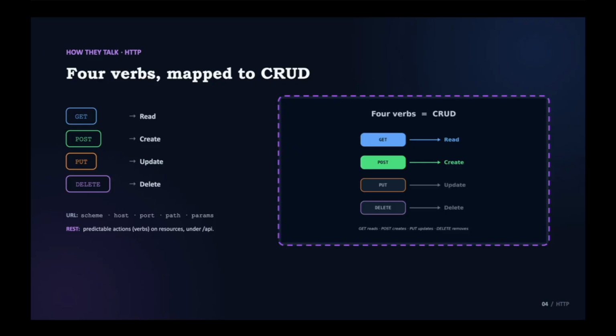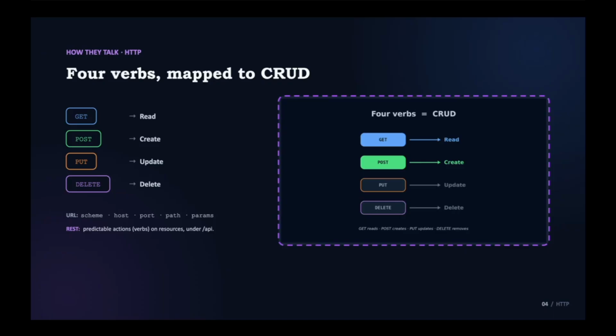Every request the browser sends carries a verb, an action. There are four main ones: GET to read something, POST to create something, PUT to update, and DELETE to remove. And these four map exactly onto what we call CRUD: create, read, update, delete. This is not a coincidence, and it matters for you directly because Project 2 requires full CRUD on one of your collections. So the address you send that verb to is a URL, and the URL has three parts: